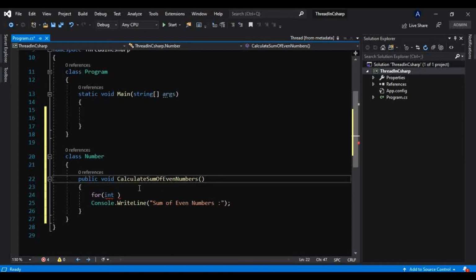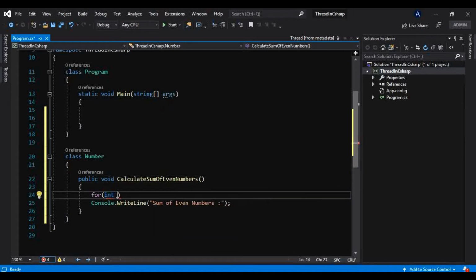We will provide that by ourselves. I want to show you how performance is better with multi-threading, so for that we will provide that ourselves. So let me give i less than or equal to maybe 5,000, or maybe 50,000, so that we will get more time.